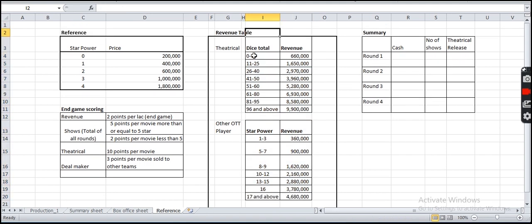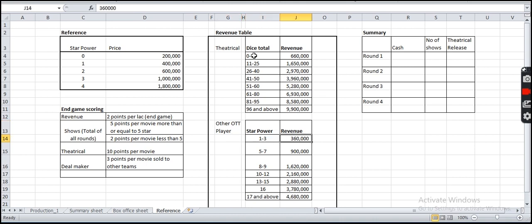So you are a production house. Currently, you can do multiple things. First thing is, when you produce a movie, you can release it in theaters and sell it to an OTT player. OTT players are the other 2 companies in your group who would be willing to buy your movie. So first option is to release it in theater and sell it to them. Second option is to release it in theater and sell it to another OTT player, which is not your 2 teams that are playing, but assume there is another party in your region.